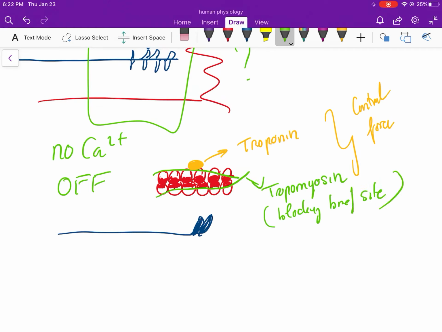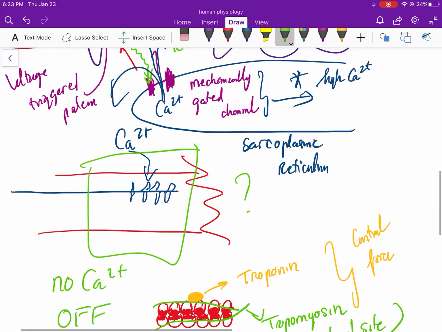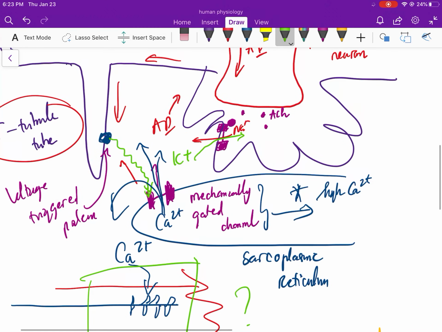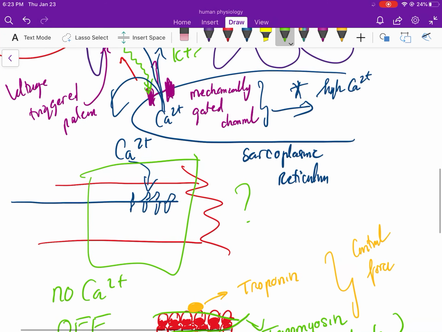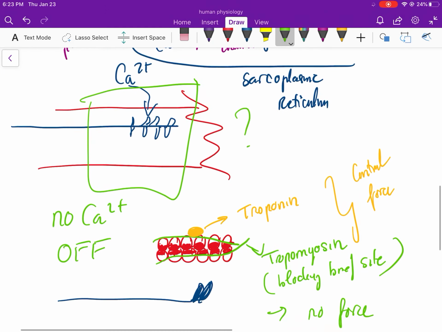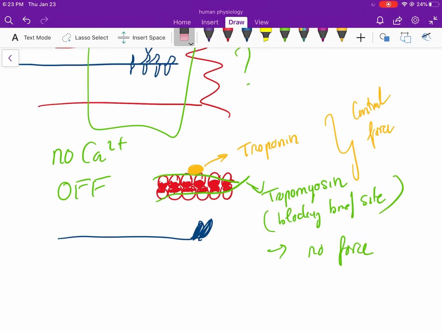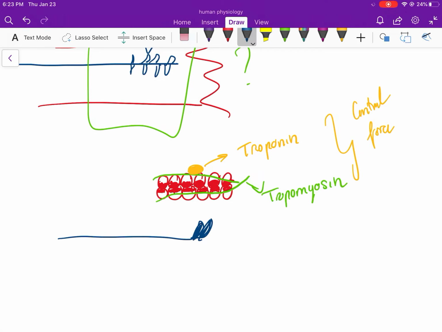Because the binding site is blocked, our myosin cannot bind to it, so there's no force generated. However, as we saw earlier, when all of this system activates and goes around, we generate calcium. We let the calcium flush out, right? So when the calcium flushes out, this calcium will